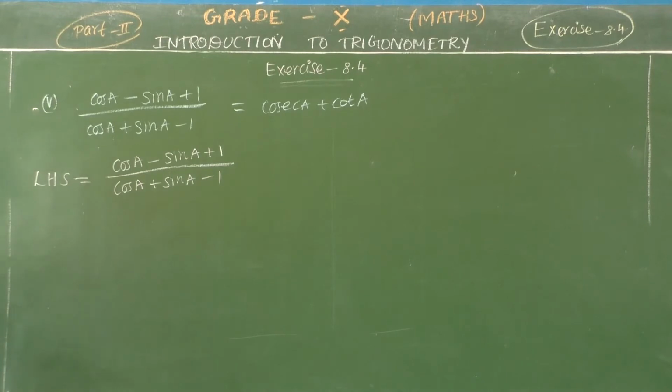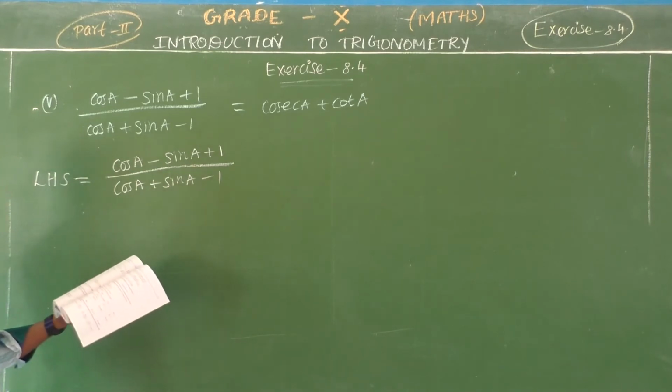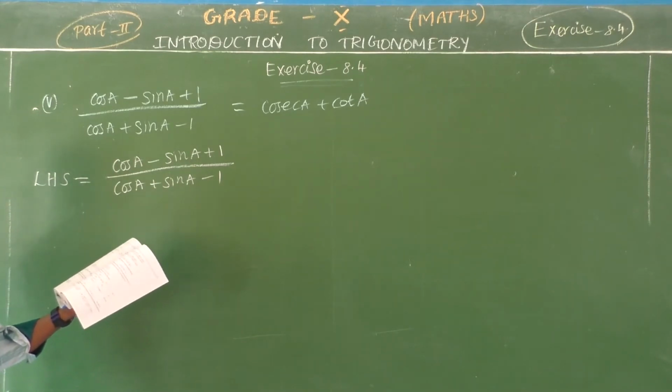Okay, so take an example sum now. See, (sin theta minus cos theta plus 1) whole divided by (sin theta plus cos theta minus 1) is equal to 1 by (secant theta minus tan theta). Since we will apply the identity involving secant and tan, let us first convert the left side into the form of secant and tan. So here also I am going to convert into the terms of cosecant and cot. In the example sum you convert into the terms of secant and tan.